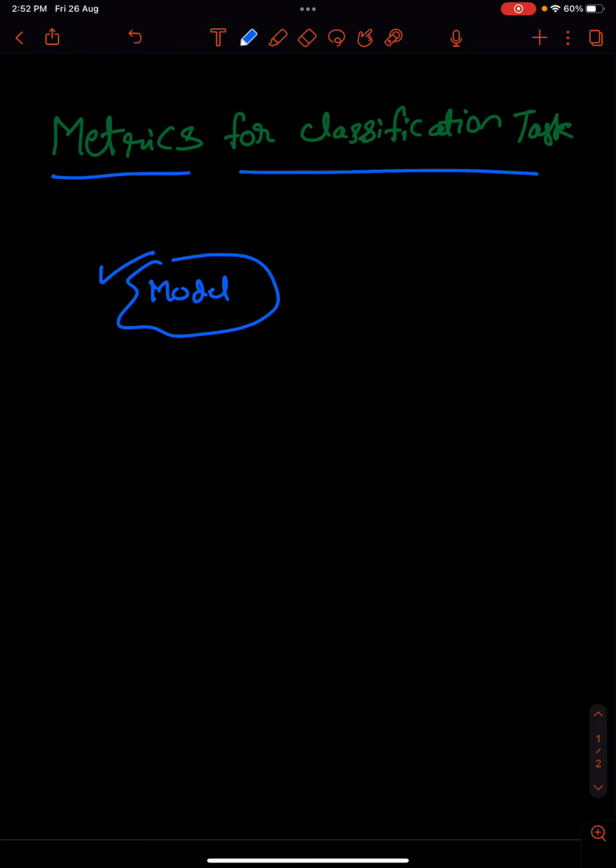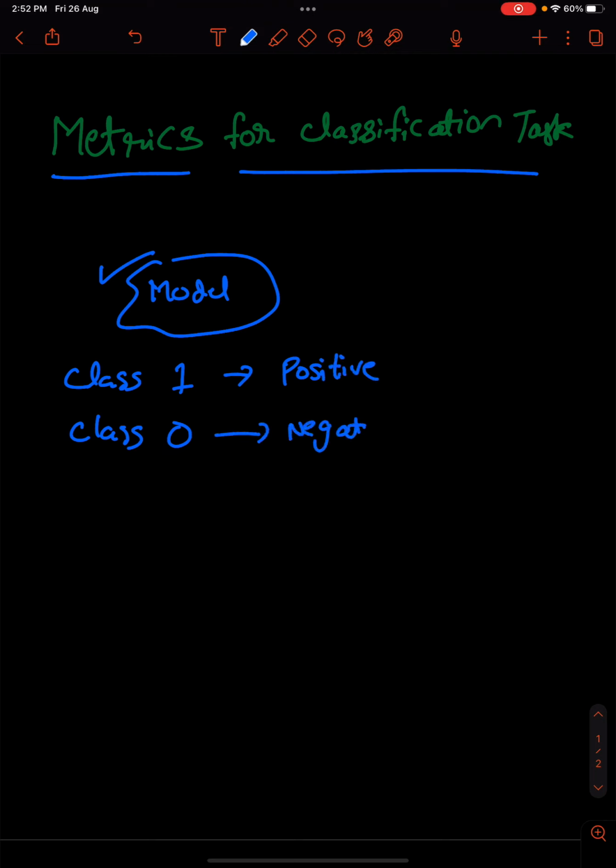Hi, let us see about different metrics for a classification task. So generally, let's say I have a classification model and I am dealing with a binary class, that is I have class 1 or class 0, and let's call this the positive class and this the negative class. So the model can predict any of the records as either positive or negative. Let's say the model is predicting a record as positive,